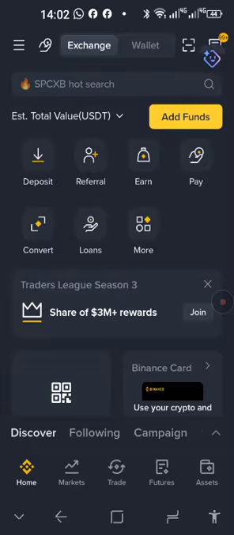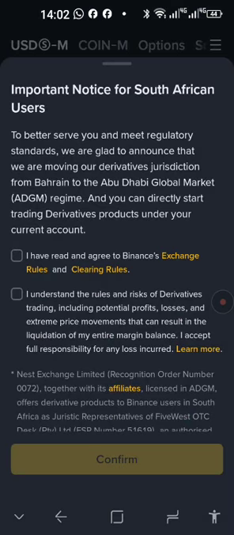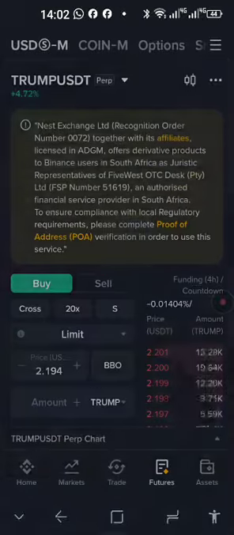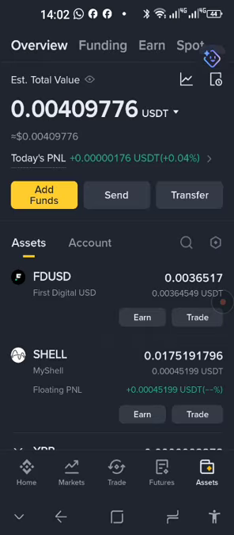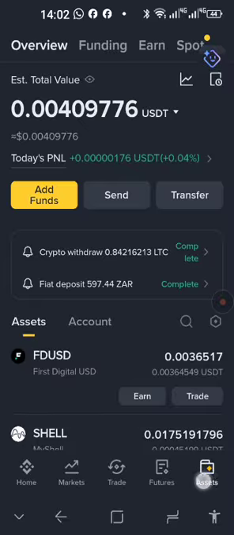You will see at the bottom there's 5 tabs: Home, Markets, Trade, Futures, and Assets. You want to press on the Assets tab here at the bottom right. Right, so now you want to get your own crypto wallet addresses. If someone wants to send you funds, or if you want to add it in any other platform or wherever it is necessary, you're going to press on add funds.